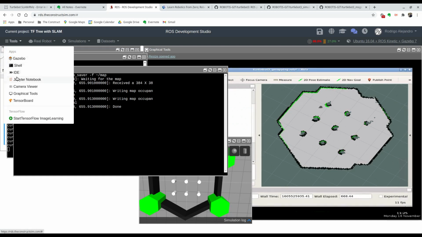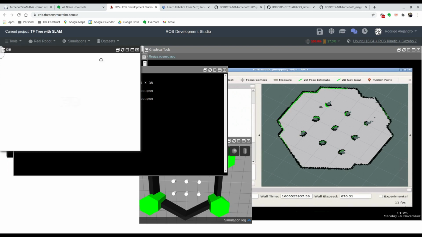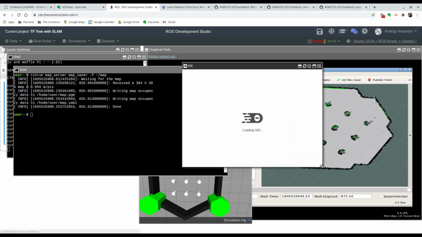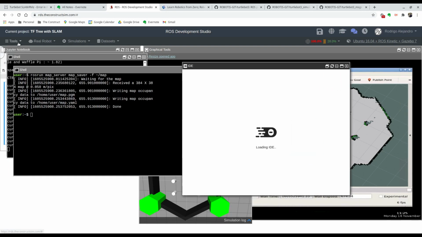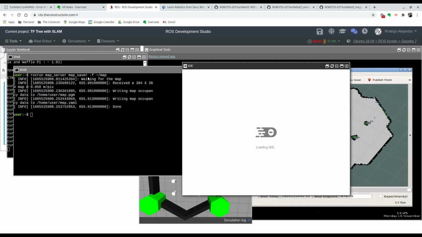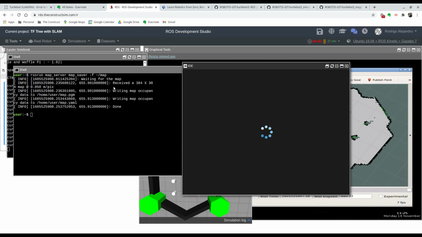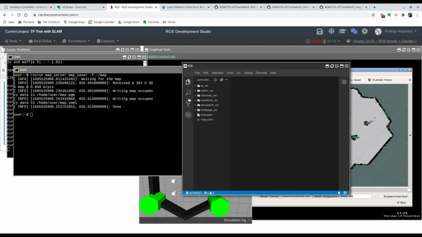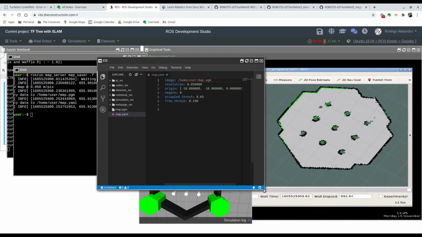If you want to actually see where that is, you want to open up the IDE over here in Tools, IDE, and there you go. You can see that your map is both in .pgm and .yaml,